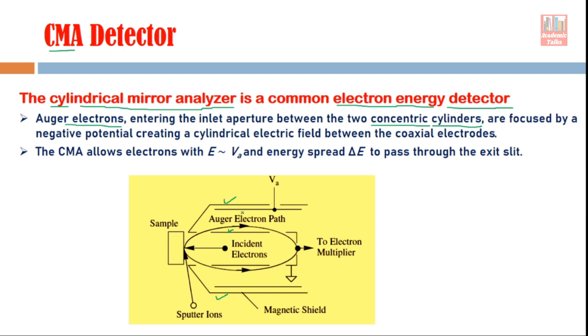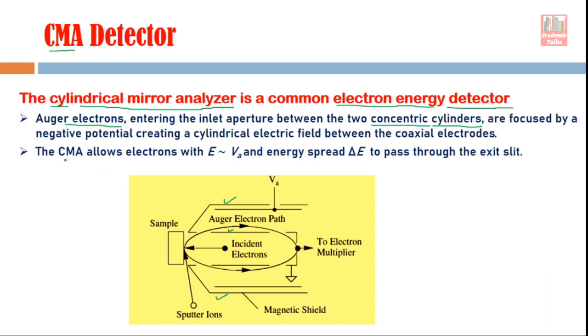Now here in this cylinder you see there is a rod, there is a plate here, and this plate is connected to a high potential, and because of this there is an electric field in this portion of the cylinder. This electric field will apply some energy to the entering Auger electrons, and because of this, the entering Auger electron will follow a certain trajectory, and then from the other end of this trajectory it will come out, right.